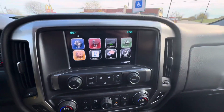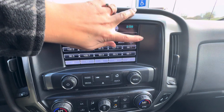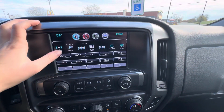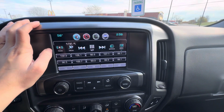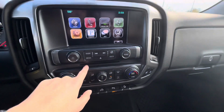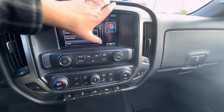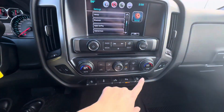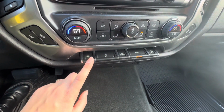It also does have XM radio, and then if we go back over here, it has the XM radio, AM. You do have a CD player right down here, you have Pandora, and then if we go into settings, you also have Apple CarPlay and Android Auto, heat and AC controls right down here, heated front seats, power adjustable pedals,